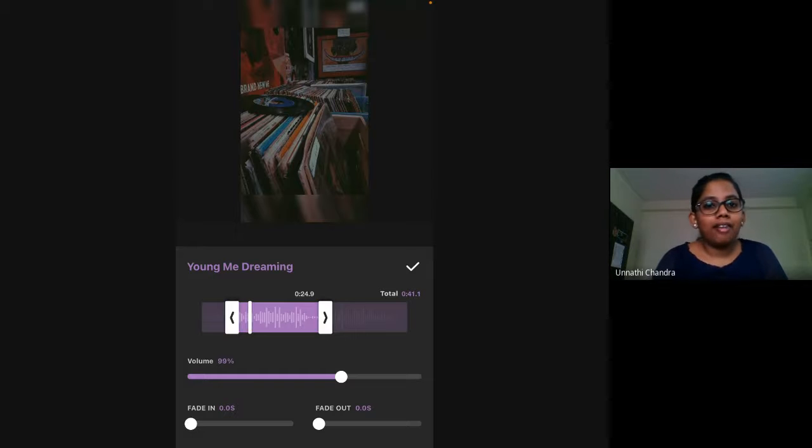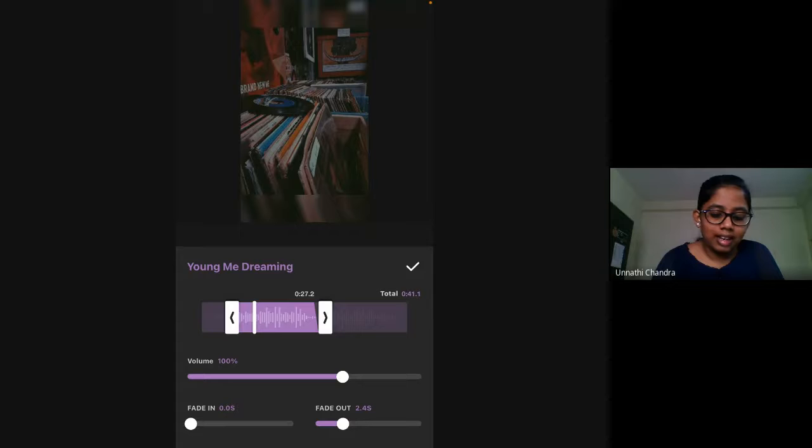If I'm adding my voice and background music, I can lower the volume of the music audio, and I can increase the volume of my voice that I'm adding. So fade in is an option. If you want the audio to start slowly and gradually increase the volume, it'll do that. Or fade out also, like towards the end of the video, if you don't want the music to stop abruptly, you can just select the fade out option.